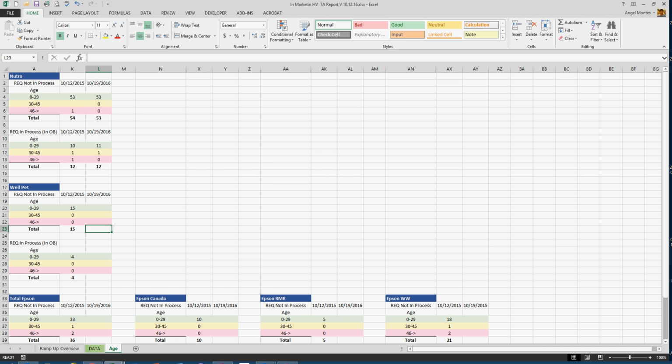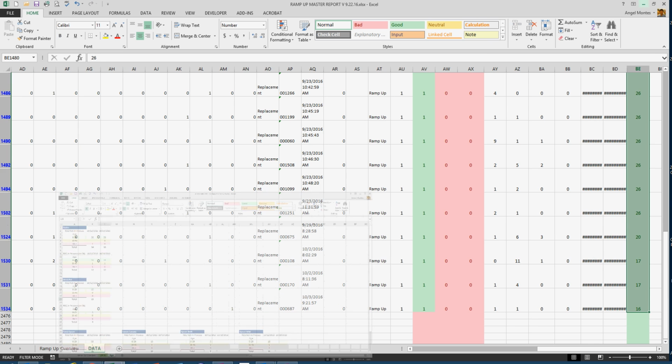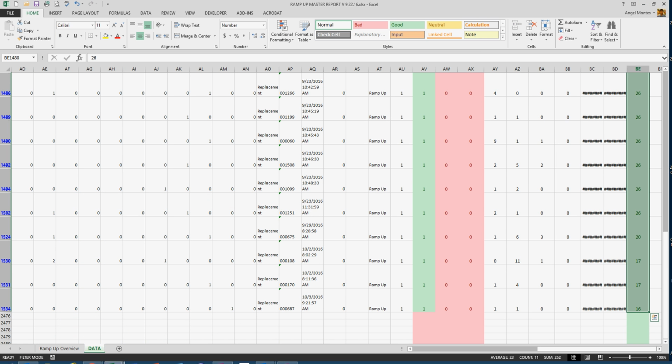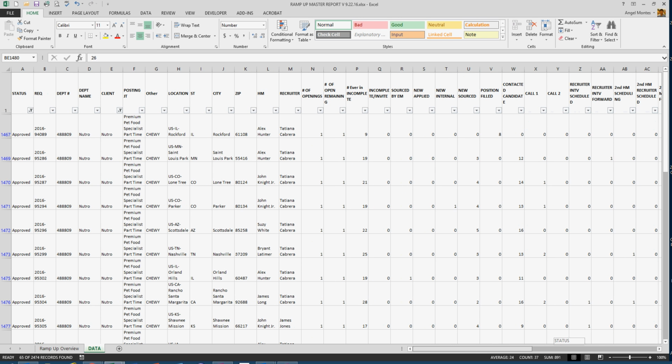So we'll go ahead and do the same process for WellPet, just as an example, so you understand the process a little bit more. So what we're going to do is scroll to the very top of this other Ramp Up Master report. We're going to uncheck any of the filters in the approved or in the remaining excluding Recs and offer through onboarding. We want to go ahead and select all. Click OK. And then scroll over to your left-hand side. We're going to change the client name